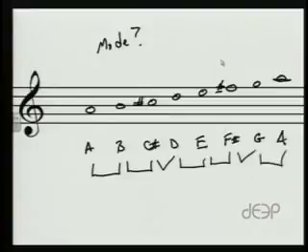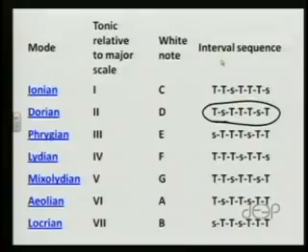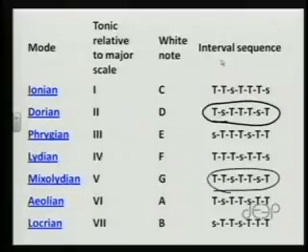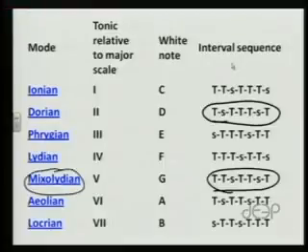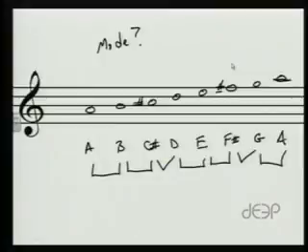Okay, so we've got the pattern whole, whole, half, whole, whole, half, whole. Go back up here, whole, whole, half, whole, whole, half, whole, and we can see that that pattern matches up with the Mixolydian pattern. And so what we have here is an A Mixolydian